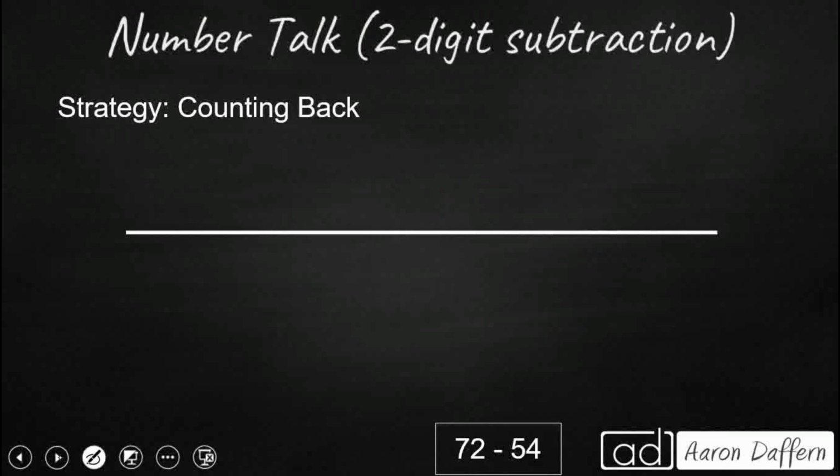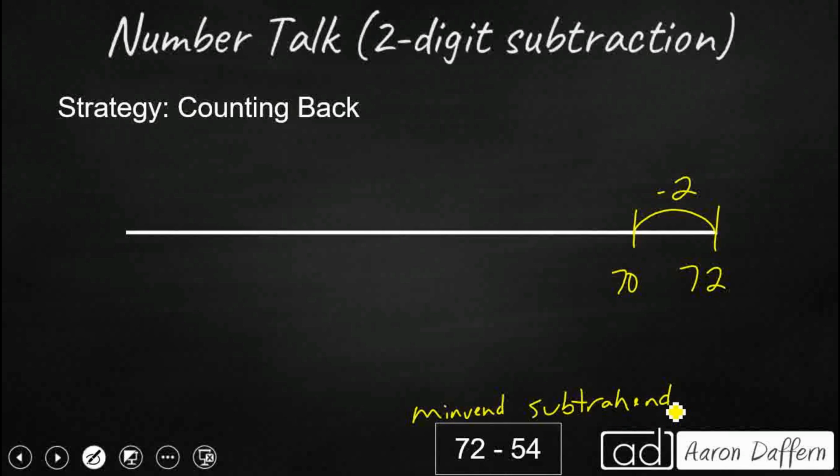Now counting back is a lot like your adding up, except we start with our minuend of 72. And so we're going to take our minuend and we're going to just count backwards with little subtraction jumps until we get down to our subtrahend. So we're going to get minus 2 to 70. And we're going to try to get all the way down to our subtrahend of 54,